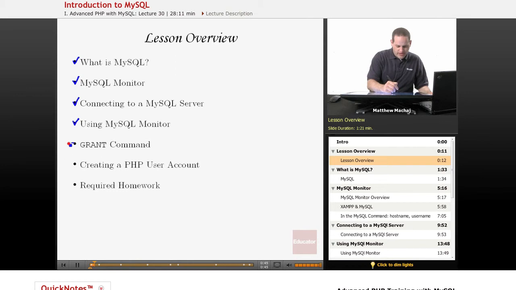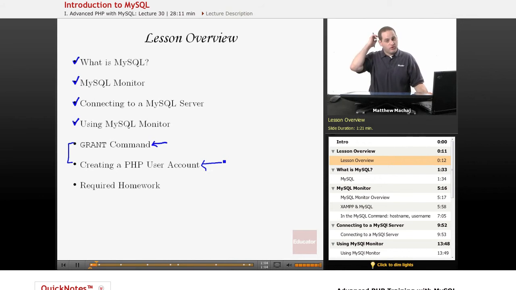And then we're going to learn about the grant command, which is a way to create users on a MySQL server. And basically users are means of the database restricting access to particular parts of the database. So we're going to learn about how to create users using the grant command, and then we're going to walk through the setup of a user account for our PHP scripts,